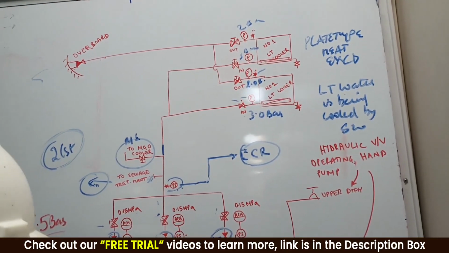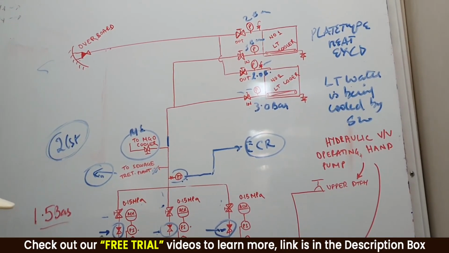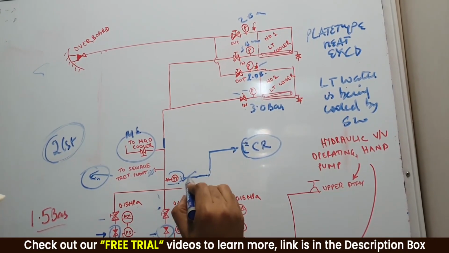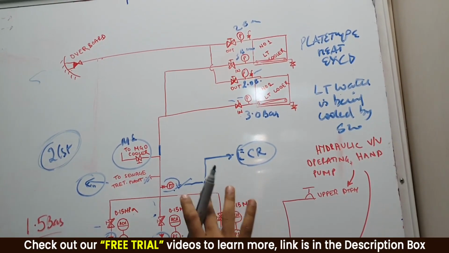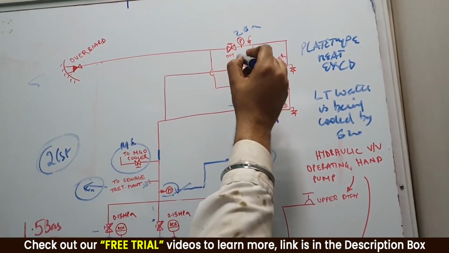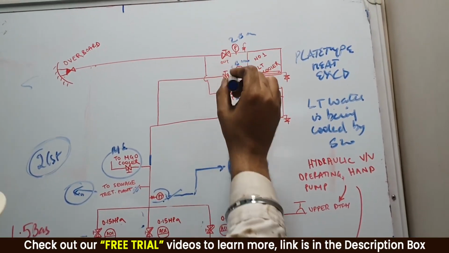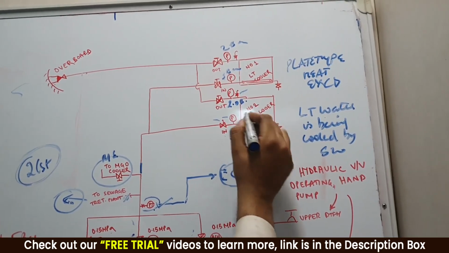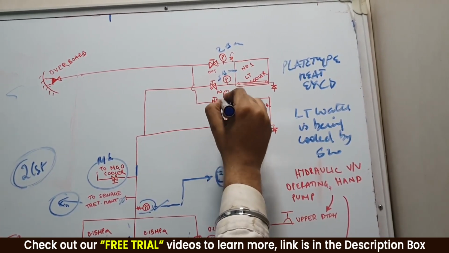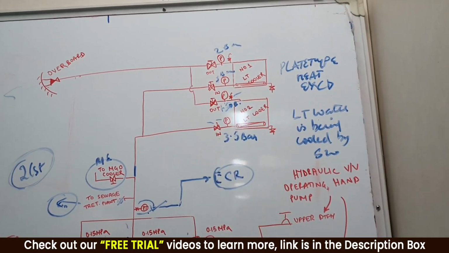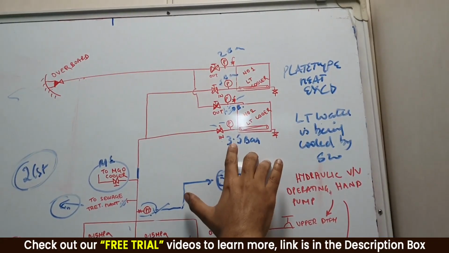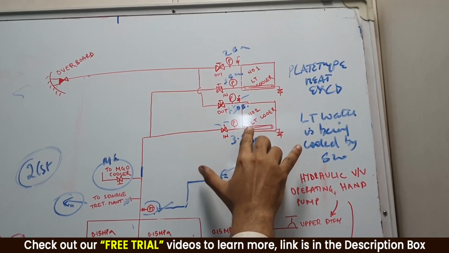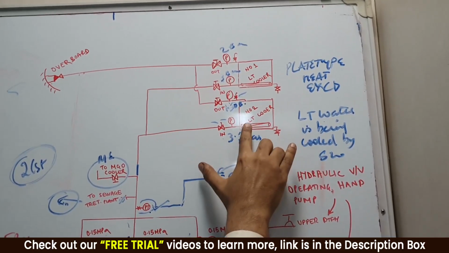One day you come, take a round, you see suction pressure is the same, discharge pressure is the same. You see the pressure transmitter is also showing a similar reading, no issues. You see this LT cooler is showing 3 bar and 2 bar, but you see that this LT cooler is showing 3.5 bar and 1.5 bar. Now guys, you see the inlet pressure is increasing, that means the water is not flowing in. What is the reason? Because your filter is getting choked over here, guys.